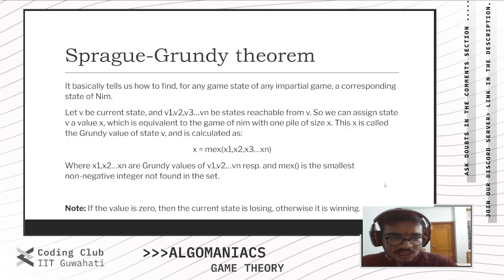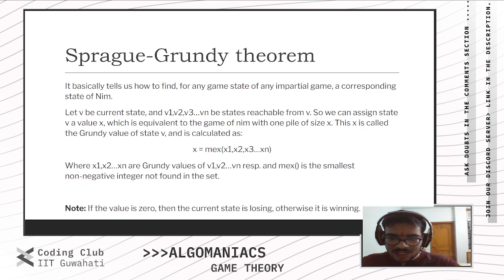Next, we'll discuss the Sprague-Grundy theorem. Okay, so the Sprague-Grundy theorem basically tells us how to find, for any game state of any impartial game, a corresponding state of Nim. So let's go with some definitions. Let V be the current state and V1, V2, V3 up to Vn be the states reachable from V. Like we can make a move from V and go to V1, V2, V3 or Vn,